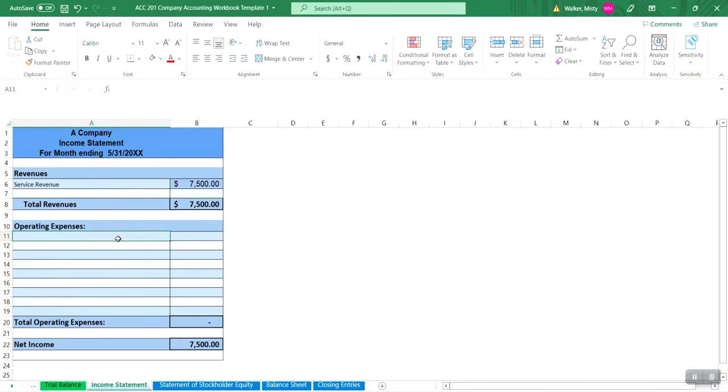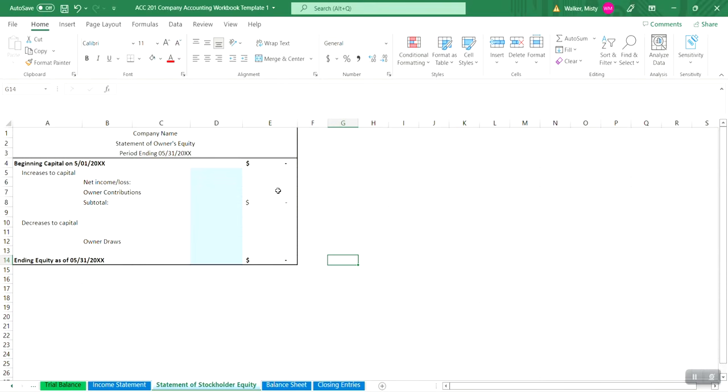Then we're going to enter or itemize our expenses, and I think we had a rent expense account for this scenario, $1,500 balance. We had a depreciation expense. I don't remember the total of that depreciation expense, and there was another type of expense there. But we would list each expense account and its balance, and you'll notice it totals our expenses for us. So that ending result, our revenues minus our expenses, is going to reveal our net income here at the bottom. And this net income result, of course, we're going to need for that statement of owner's equity. So our net income result would go here, for example.